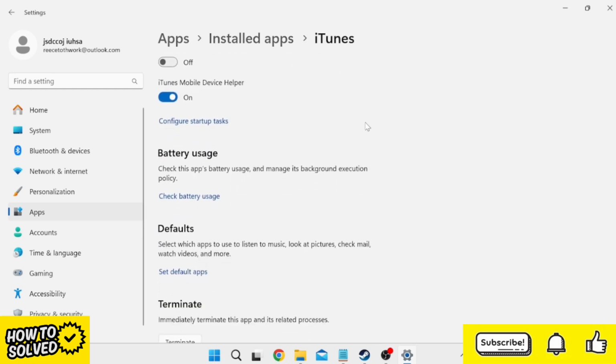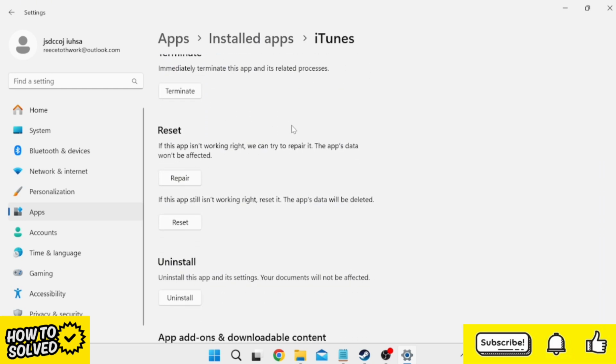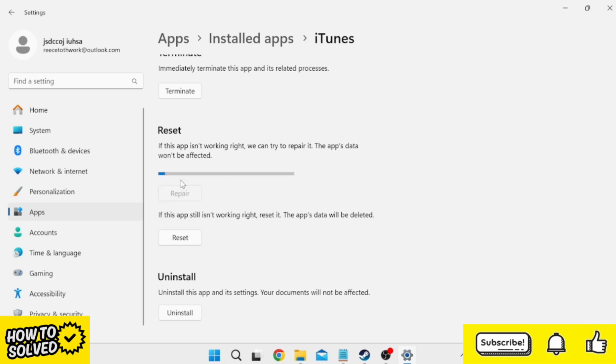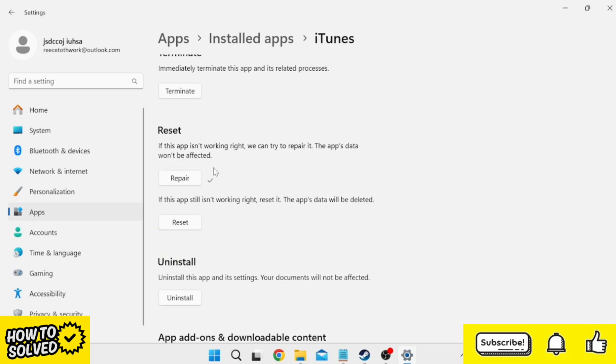Then scroll all the way down till you come to this Reset section. The first thing we're going to do is try and repair the app by pressing this Repair button, and this should only take a few seconds to complete. Once we finish that, we can also press this Reset button, which will delete all of our cache and